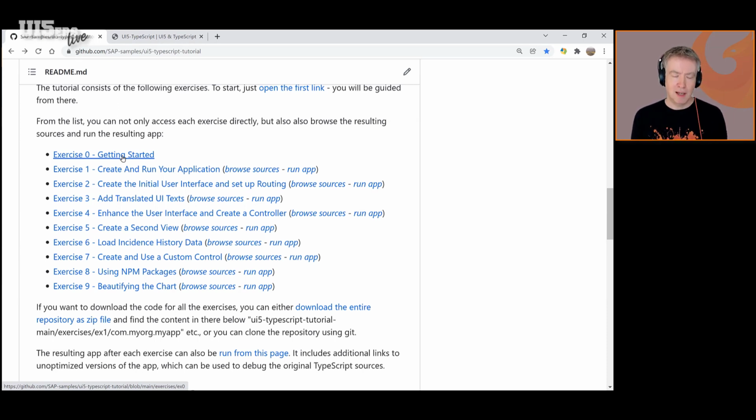So you have the template of the TypeScript app, then you continue writing some code, and creating a second view for details. And later on, we come even to advanced topics like custom control development inside the app, where we show how this works, and this API generator, which we have shown recently, and how it can be used. And finally, even integrating other libraries. Here's a chart library, chart.js, which we integrate in a way that we also have code completion in TypeScript and import it just as an NPM package. So it's really straightforward and really easy.